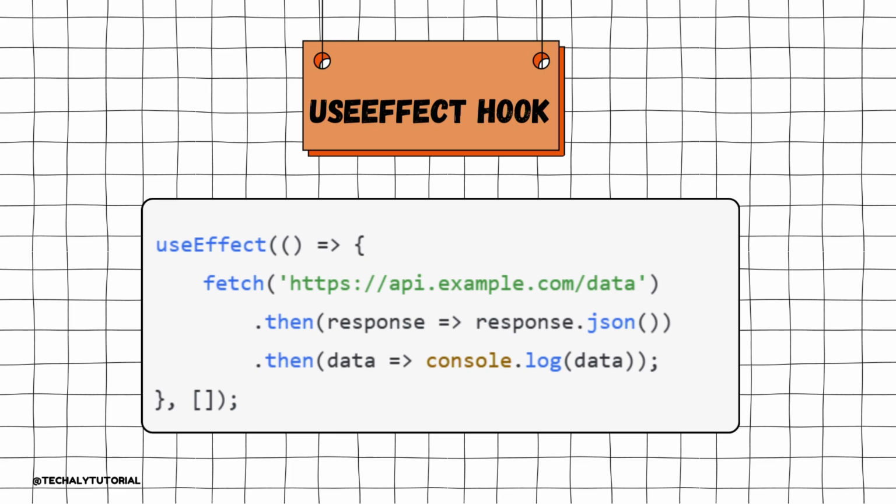Use useEffect and fetch. Then you write a then with the response and your JSON, and then you can easily print it using console.log, based on whatever data you are fetching. So once the component loads, you fetch your data. These are the basic major functionalities you need while working in React.